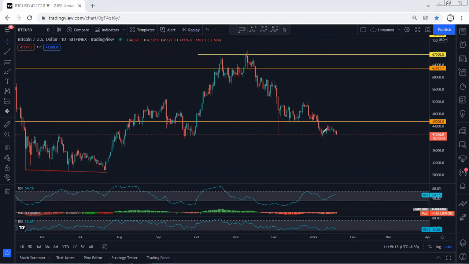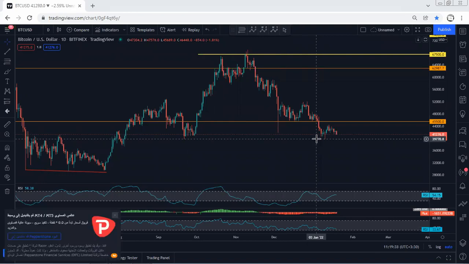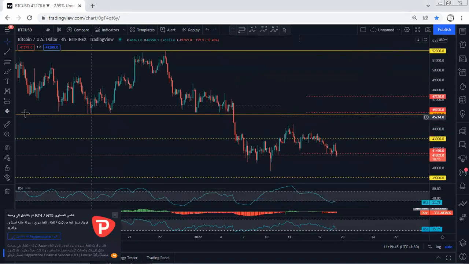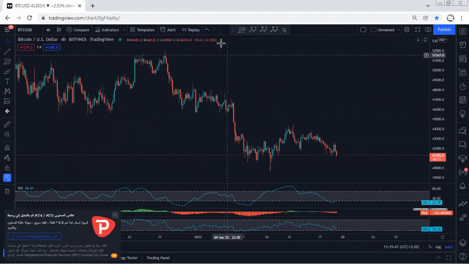By the way, now I want to see what's next, whether the price can break the lowest price of this correction or not. Since the price hasn't tagged or broken the lowest price of this correction, which is 39,770, we can still look for the reversal, because with the breakout of this, we can expect the price to drop to 39. But at this point, based on the daily chart, we still don't have any trade setup, neither for buy nor sell. And if we move to the 4 hour chart, we can still consider this as a correction relative to this. For me, I'm still looking for buy.